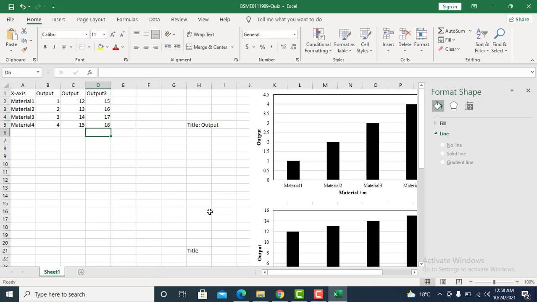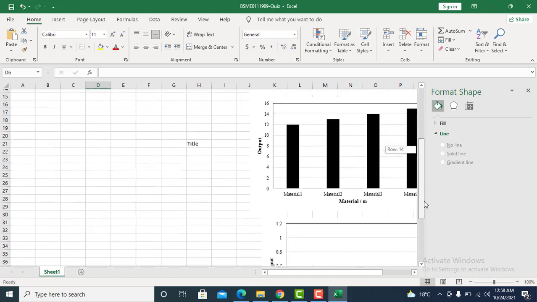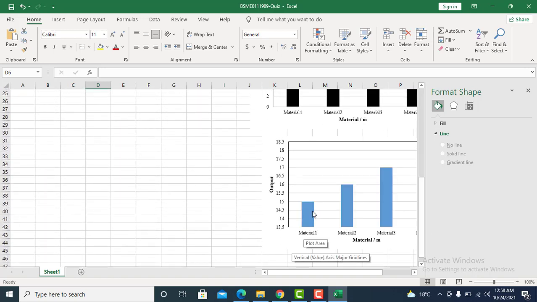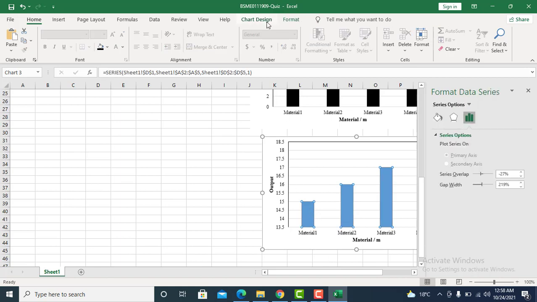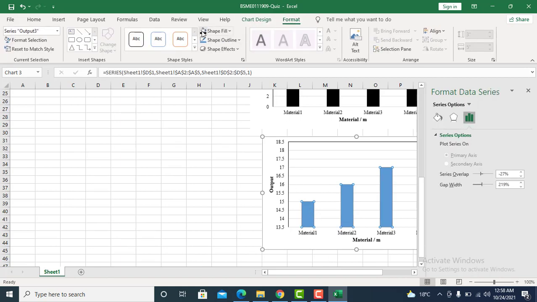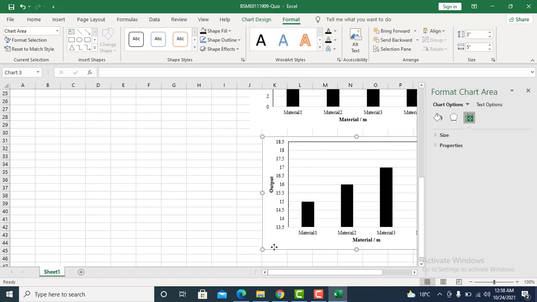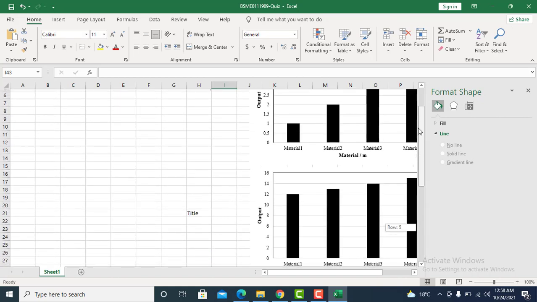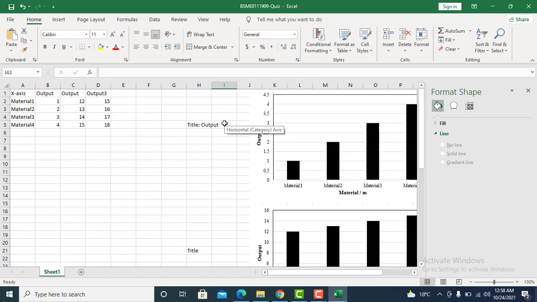Now all of these graphs are automatically updated. Click here again, go to the Format tab and click this painter button and the graph is automatically updated. Now you can do these steps repeatedly for the number of outputs that are required here.